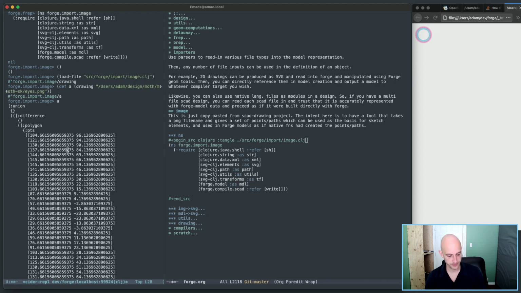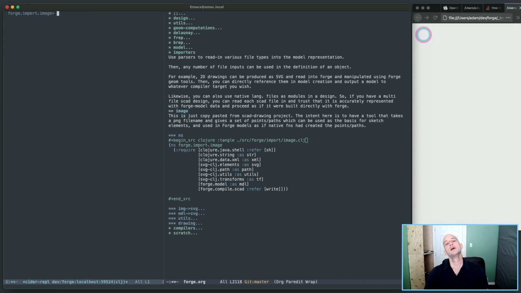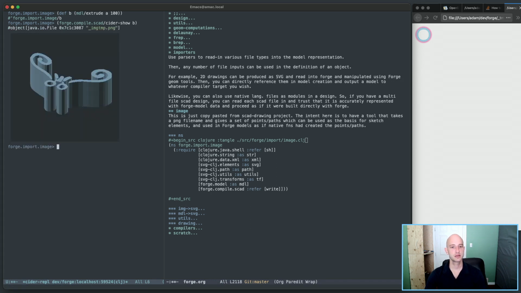Let's define B to be model extrude A by a height of 100. Let's give it a weird thing. Okay, so that's some 3D structure. This should work. forge.compile.scad slash show. No, cider show. Yeah. B. There we go. So what just happened here,